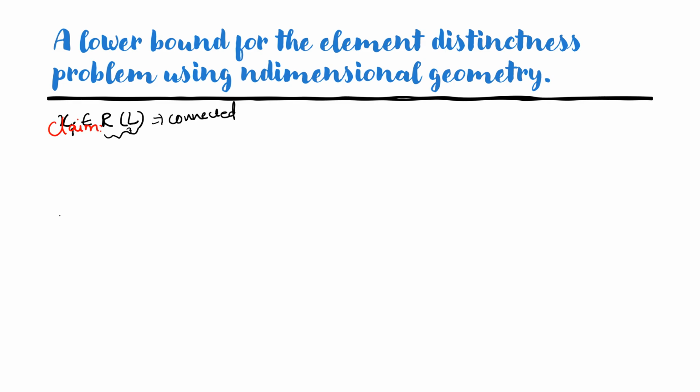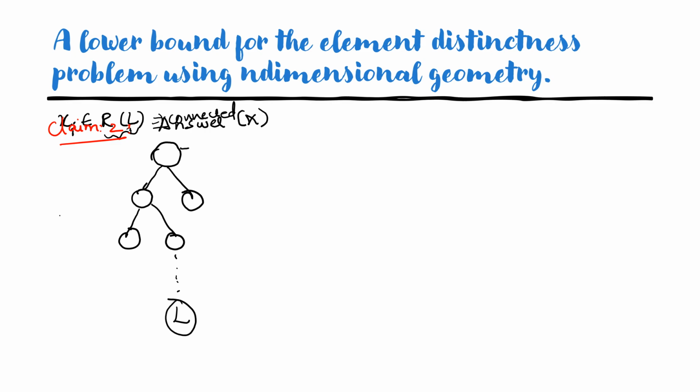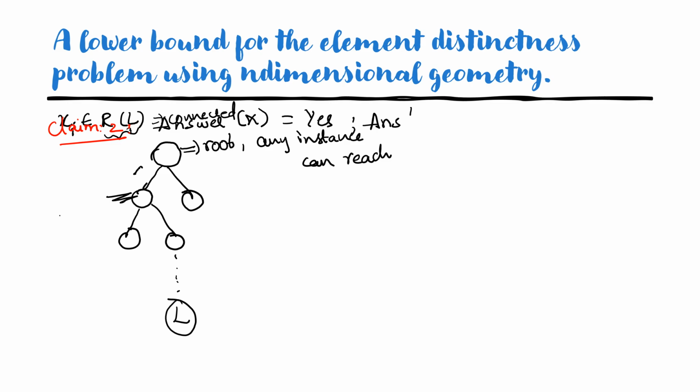So the pictorial representation will be like this: this will be the root node, and these the child nodes, and let this reach the leaf node L. At the root node, any instance can be passed. Any instance can reach the root node. But to reach this node, there will be a condition, any condition. Let us define this, the condition for this branching will be less than. Similarly for this branch it can be equal to or greater than anything.